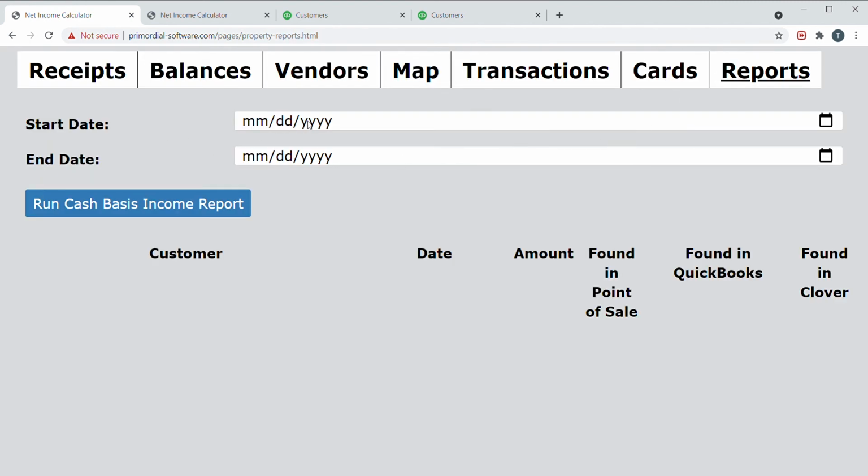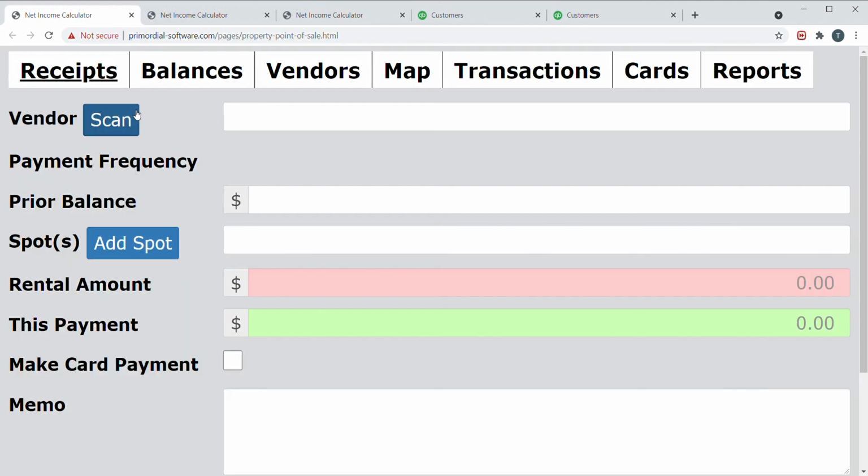So you have your start date, end date. That's going to be typically a day, a week, or a month. You run it, you're going to see your customer, the date the payment was collected, the amount the payment was collected. Now, found in point of sale, that means was it done from this page, or did someone just decide to go and create invoices and payments in QuickBooks